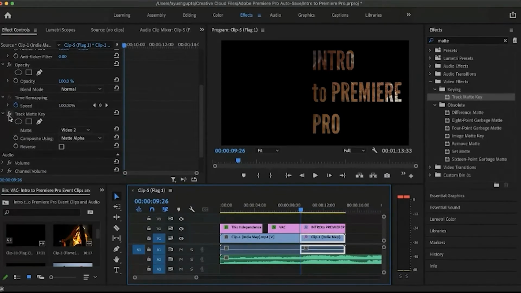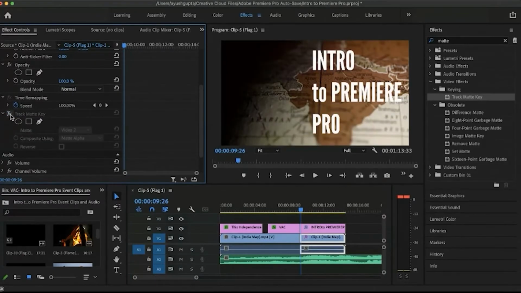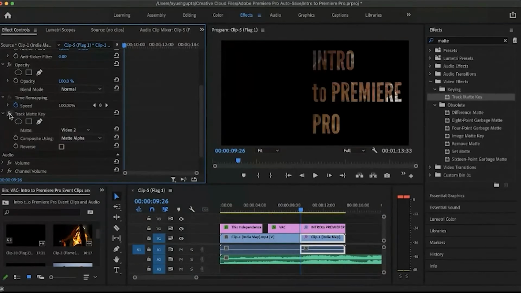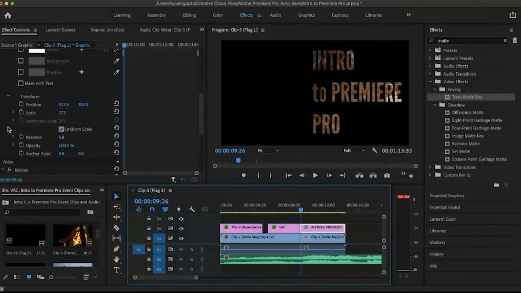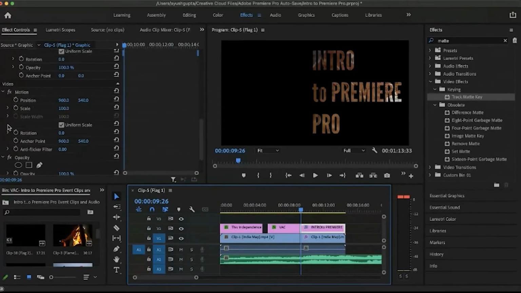This little FX at the side of track matte will turn the effect off. So this is what it was earlier looking like. When I turn the effect back on, it looks like this. So the opaque thing on this layer becomes transparent and the transparent becomes black. This was what track matte does under the video 2 option.